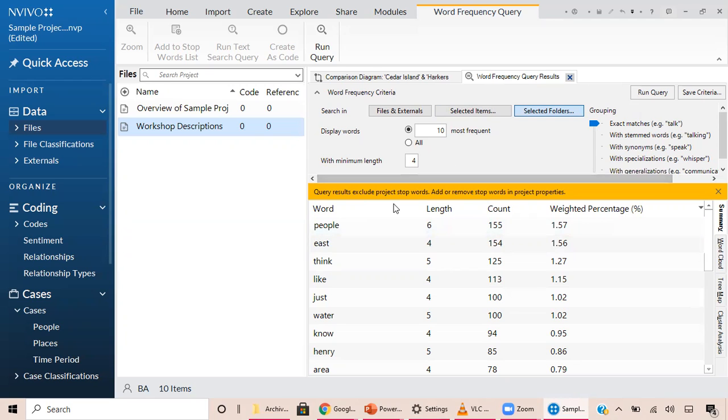And that is helpful for just searching through all your data when you need a smaller scope, or when you're just trying to compare different units of analysis and compare things by time period or location or person, any case or units that you have identified as important for your project. And another way that you can also narrow the scope of your query searches is by selecting a case or file classification. So on the Home tab,